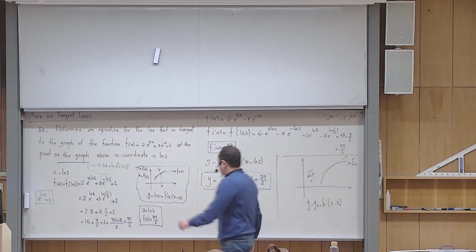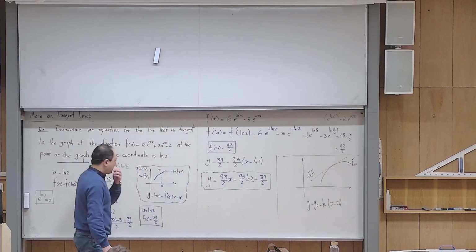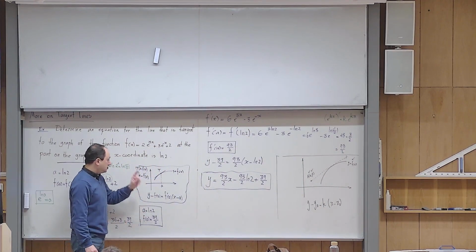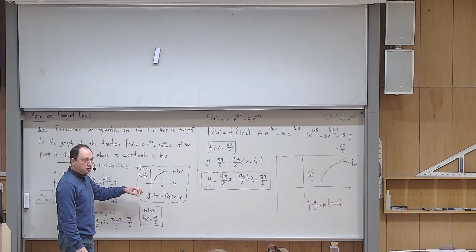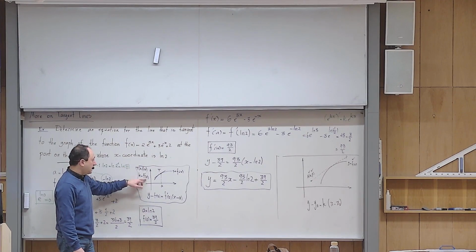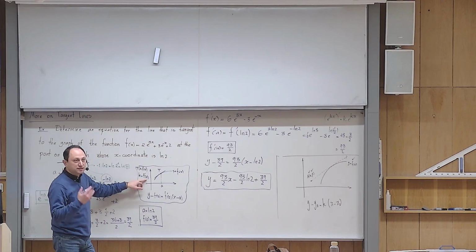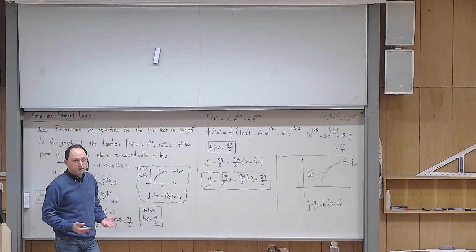Exactly. Because, maybe I didn't mention it explicitly today, but it is extremely important when you want to find the k value. You find the derivative, but you have to put the x coordinate of the point of tangency to find k,